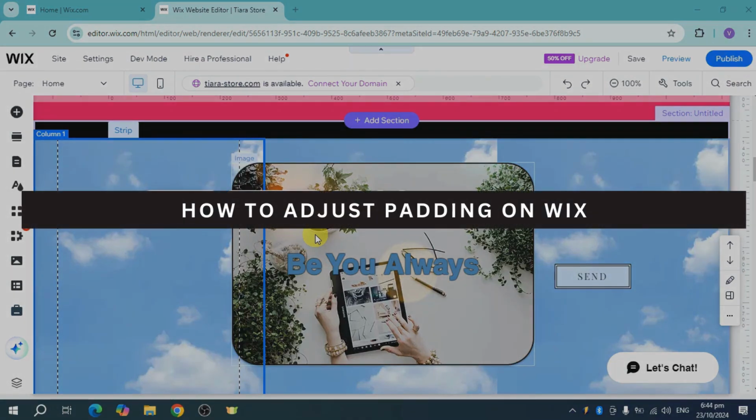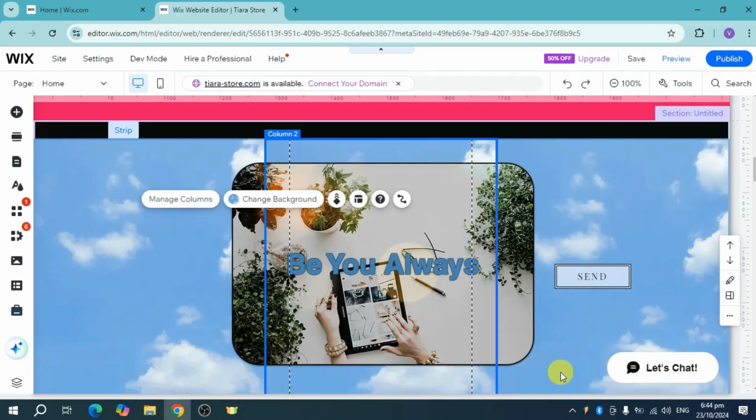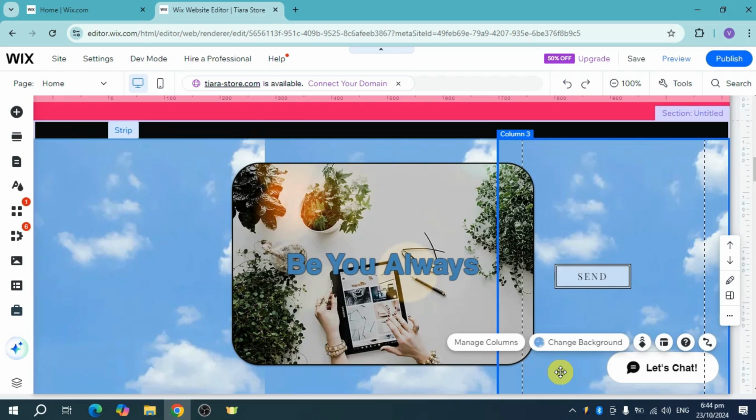How to adjust padding on Wix. In order to do that, you can just head over and choose the strip. So I have in this strip, and in the strip, I have 3 columns. So in order to adjust the padding, just head over and click on one part of the column and click